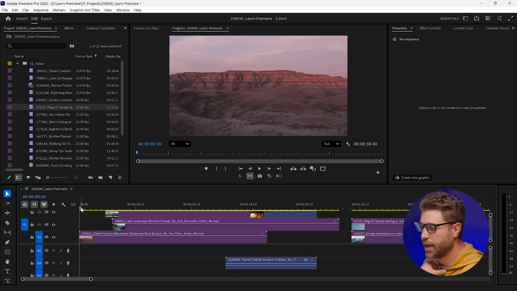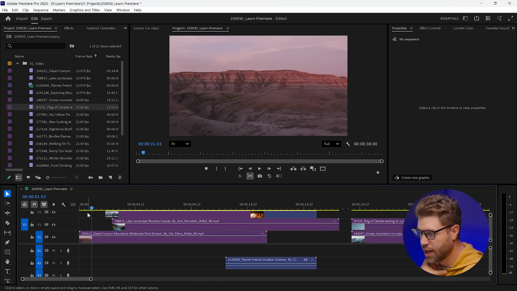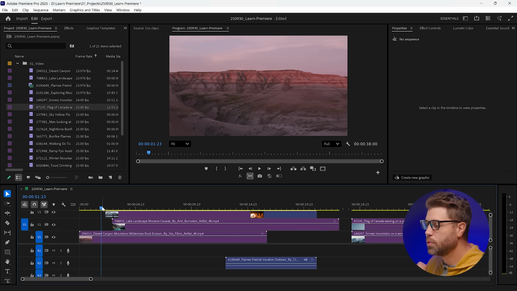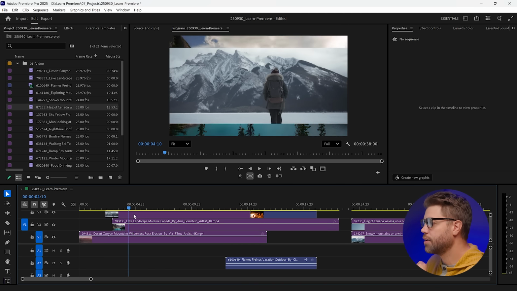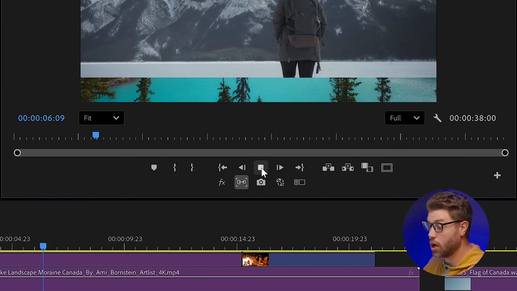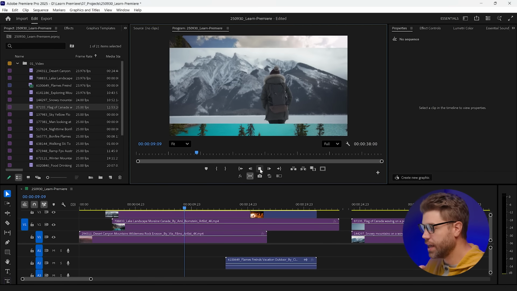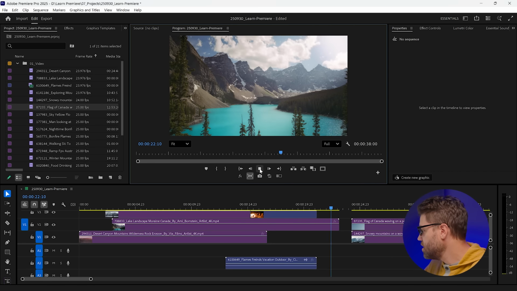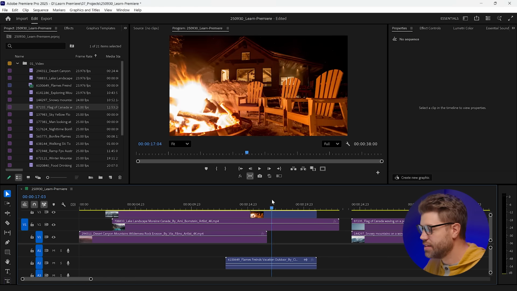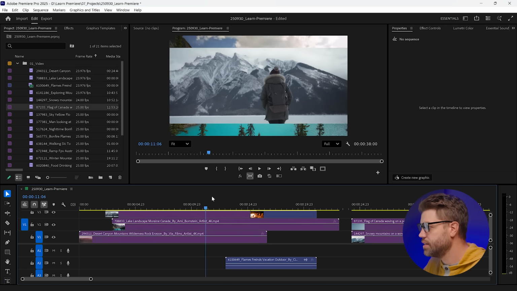So if I click and drag what's called the playhead, this blue line here, and I move it back and forth, it displays the exact frame within our clip in the program monitor. So the timeline and the program monitor are directly connected. I can also click on the play button in the program monitor and it will toggle playback within the timeline. Again, connected. And using the spacebar is an easy way to start and stop playback as well, but I prefer to click and drag what's known as scrubbing because it's tactile and it's easy to quickly preview what is in your